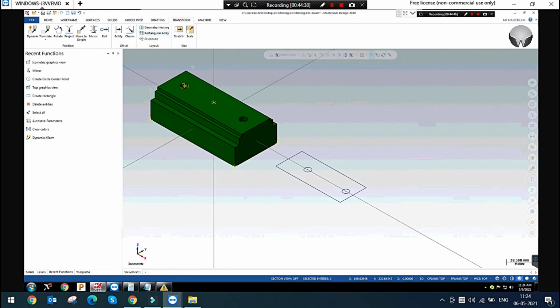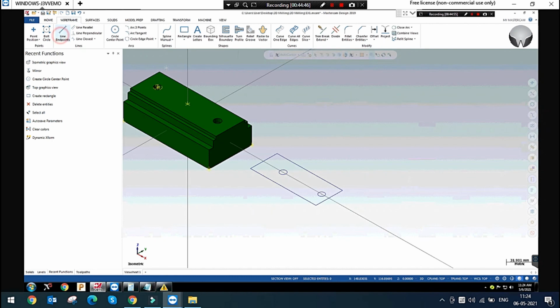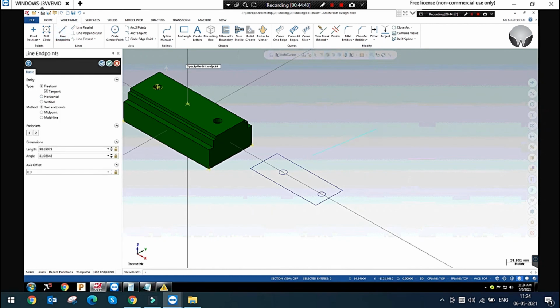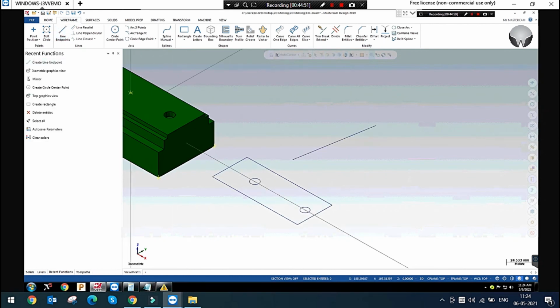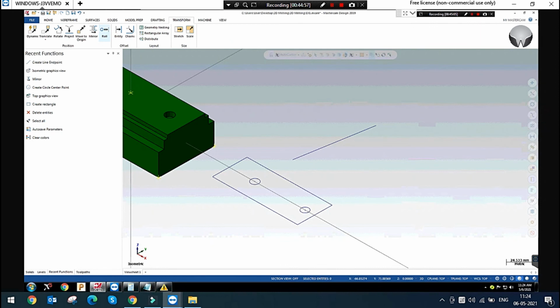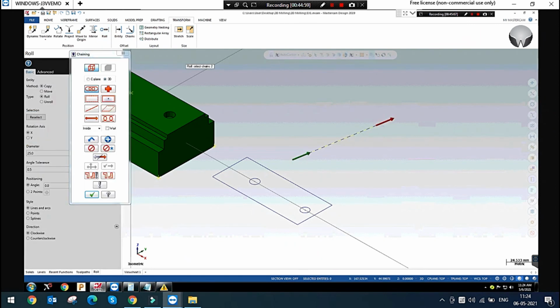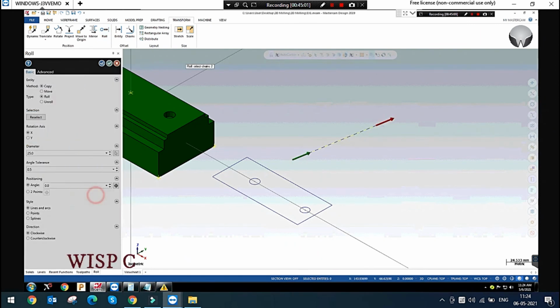Next one is roll and unroll. The roll option is if you draw a line and want to roll it circularly, you can simply do it from this option. Now I am just selecting this line and giving OK.